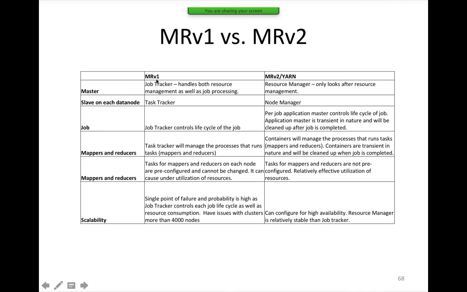Okay, so when it comes to MRV1, the master is job tracker; in MRV2, the master is resource manager. Especially there are a lot of migrations going on from classic to YARN. So if you claim that you have already done it before, then these are the things which should become intuitive to you. You should not have to think to tell the differences between MRV1 and MRV2, and you can write a cover letter that you have done the migration, and as part of the interview that will become a discussion about how to migrate, and then you will be able to easily crack the interview.